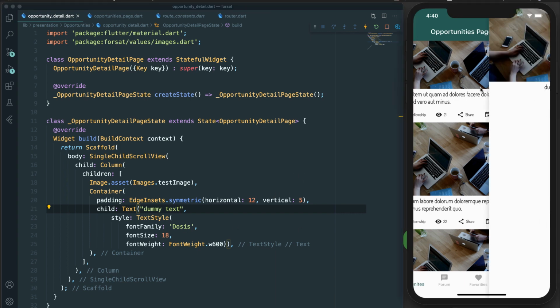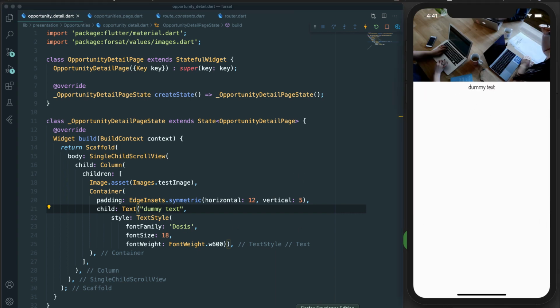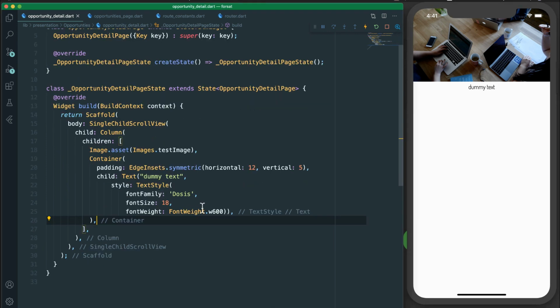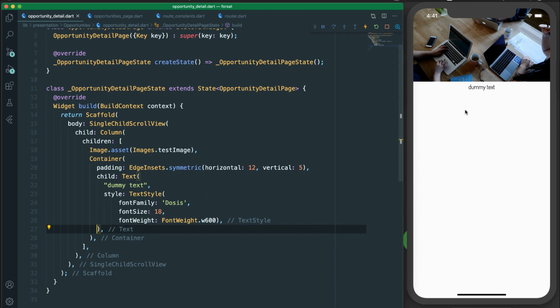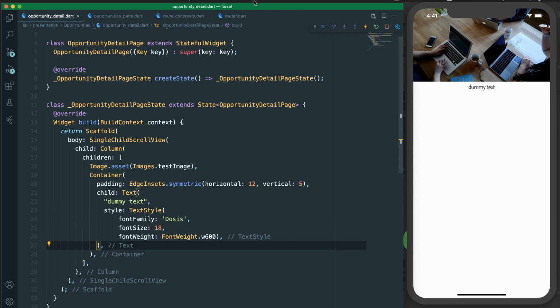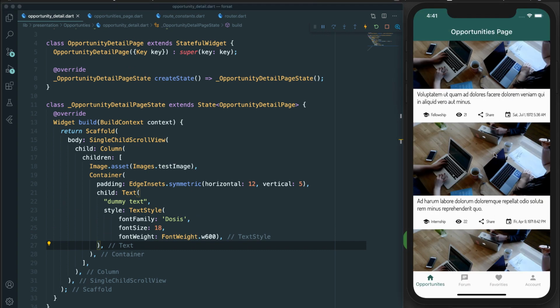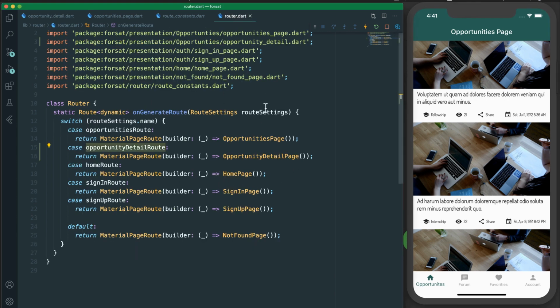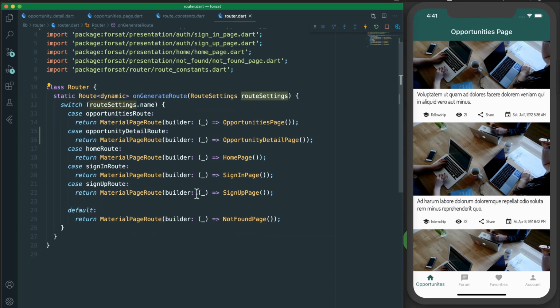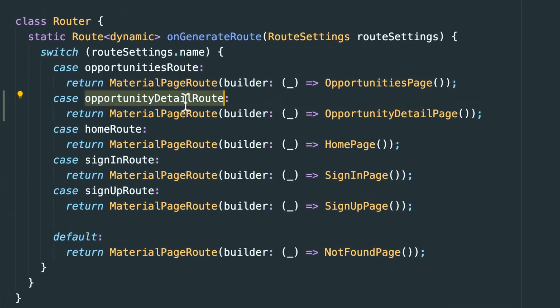So let me just go here. You can see here we have dummy text, and this is not what we want, right? We want our opportunity detail to be displayed here. So how can we pass the opportunities from this page to another page? That's done using the route settings. So for this route, which is our opportunity detail route,